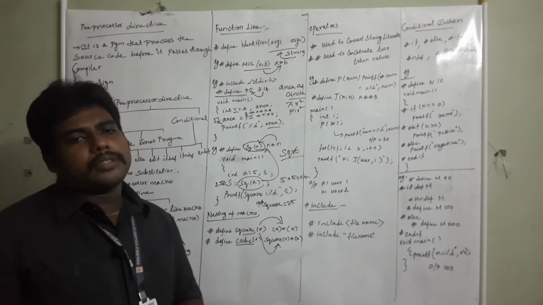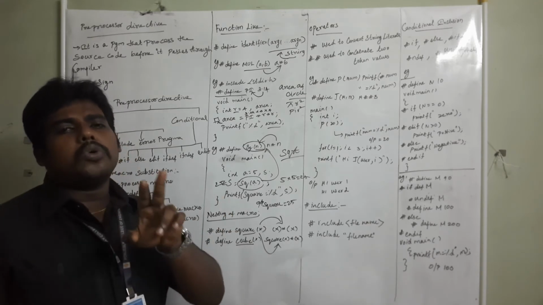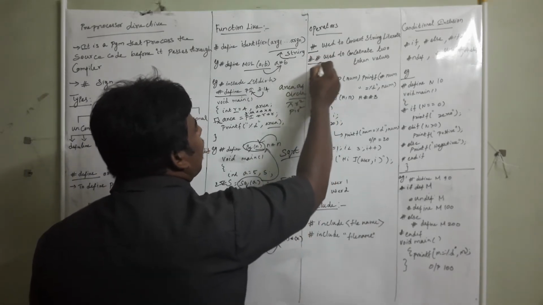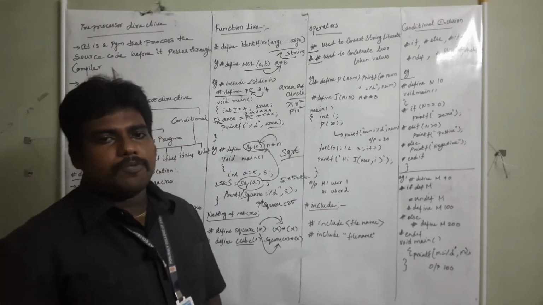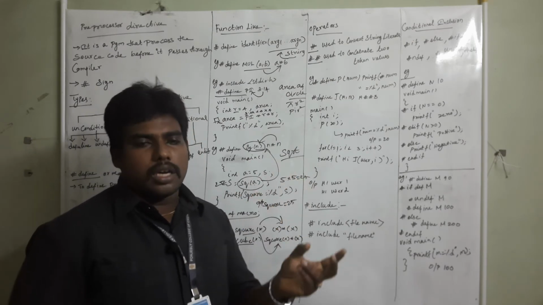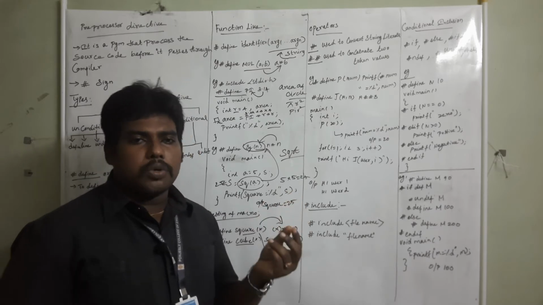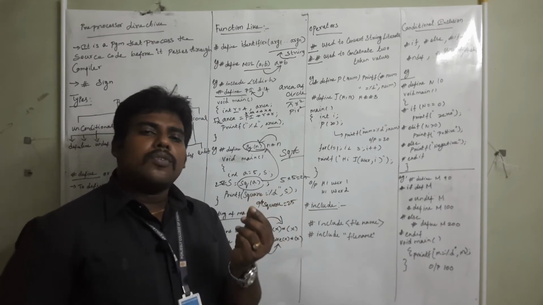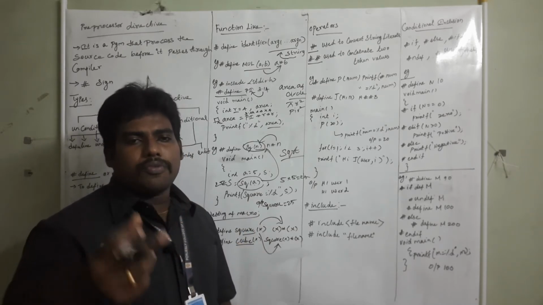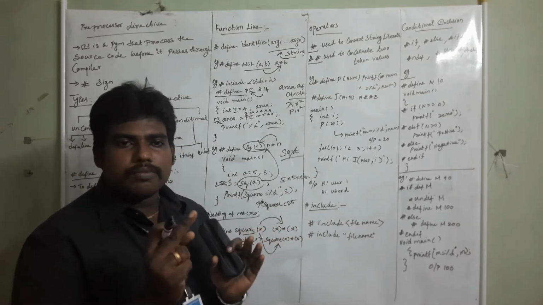Then inside the preprocessor derivatives, some of the important operators are there. Okay, there are two types of operators which is mainly used. One is the single hash symbol, another one is double hash symbol. Okay, the simple hash symbol is used to convert the string literals. For example, if you want to substitute one string for the string literals, for example, if you are using p of 20, means for that normally we are substituting with one value, right?